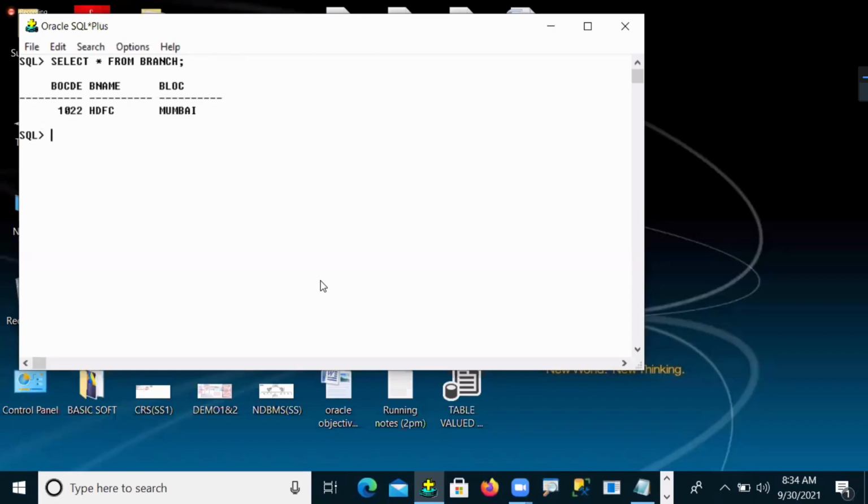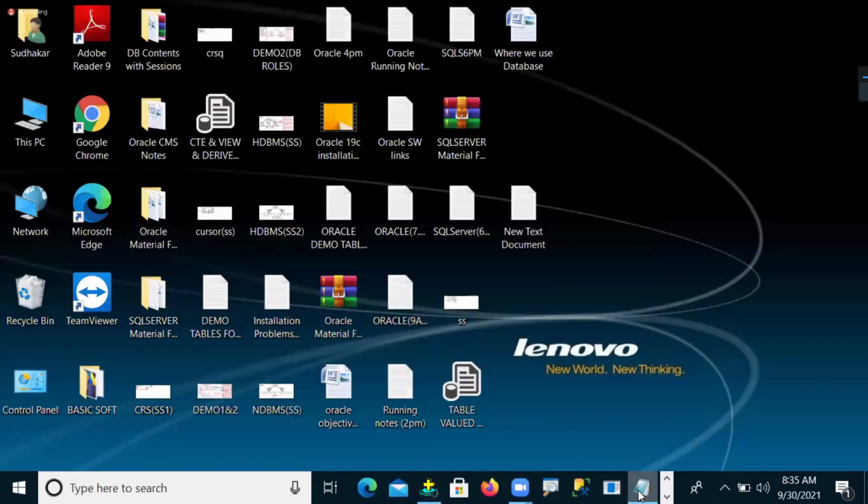Otherwise, individually also they can be committed. So here I'm showing two examples. Every individual DML operation is committed: insert, commit, update, commit, delete, commit. Otherwise, insert, update, delete, and these three operations are committed together. In that way, you can use your commit transaction. Okay, this is one command.